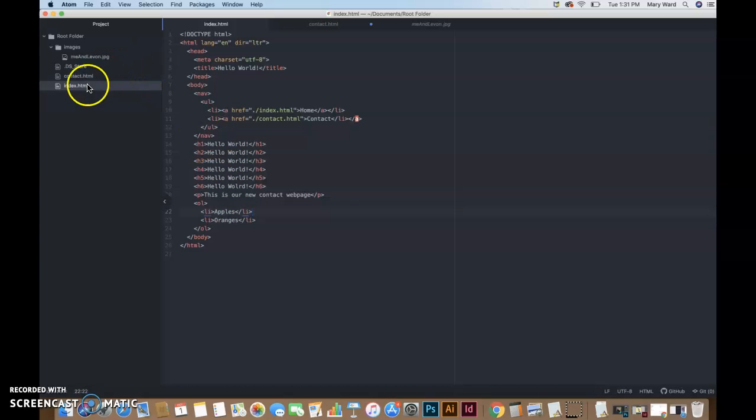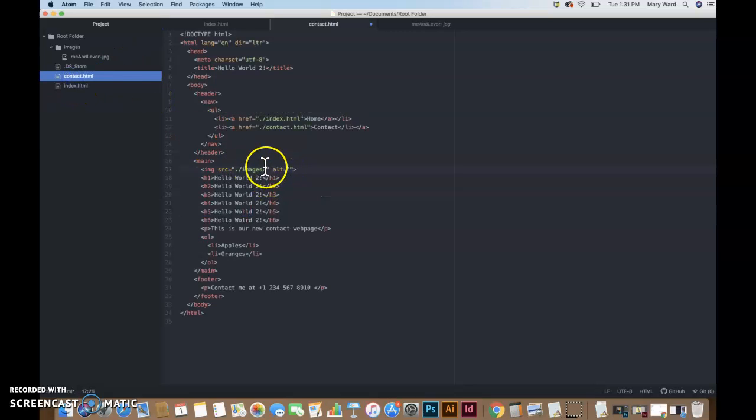Oh, maybe I'm on the wrong. So me and Levon. So I wonder if I just start putting it in here. Nope. So me and Levon.jpg. So that should, or maybe let's just do Levon